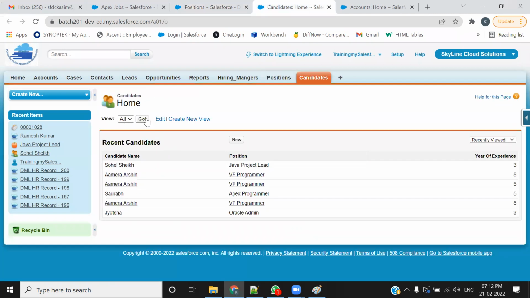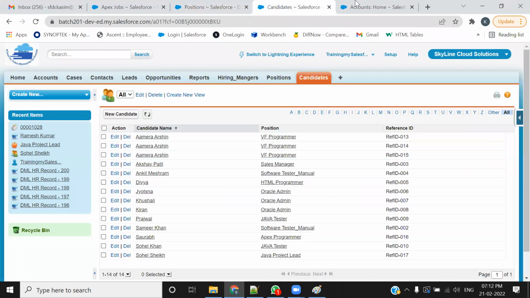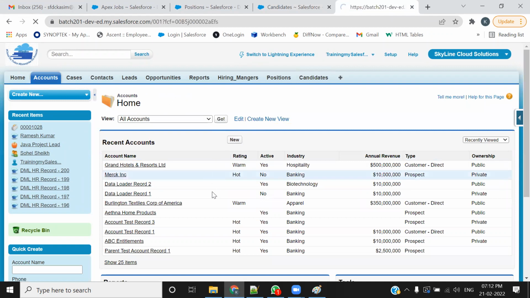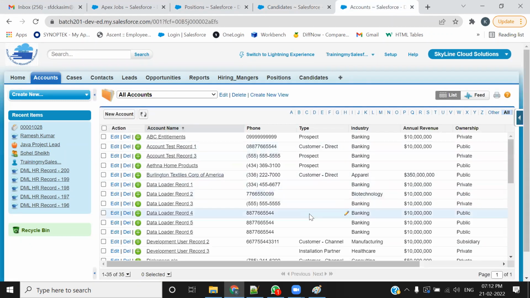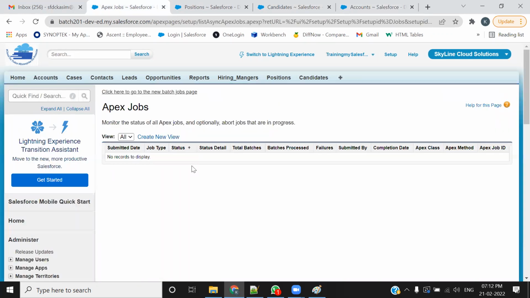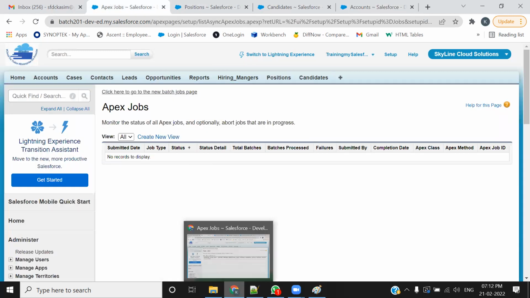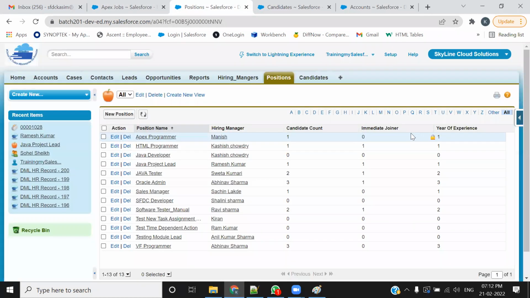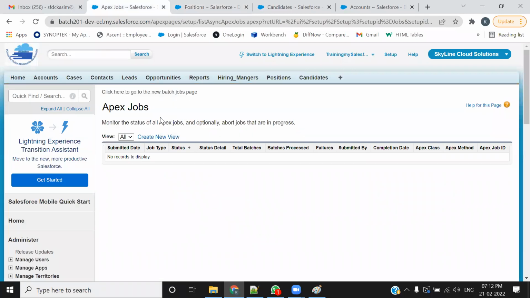पोजीशन से आ रहा है। ये कहाँ से आ रहा है? ये हायरिंग मैनेजर, कैंडिडेट से आ रहा है। ये कहाँ से आ रहा है? अकाउंट से आ रहा है। ये सब क्या है? ये सब टेबल है। जैसे ये एक टेबल है, वैसे ये भी तो एक टेबल है। जैसे ये एक ऑब्जेक्ट है, वैसे ये भी तो एक ऑब्जेक्ट है। जैसे ये ऑब्जेक्ट के अंदर की फील्ड्स हैं, यानी कॉलम हैं, ये भी तो हैं। बस इस ऑब्जेक्ट का नाम अलग है, असिंक अपेक्स जॉब नाम है इसका।